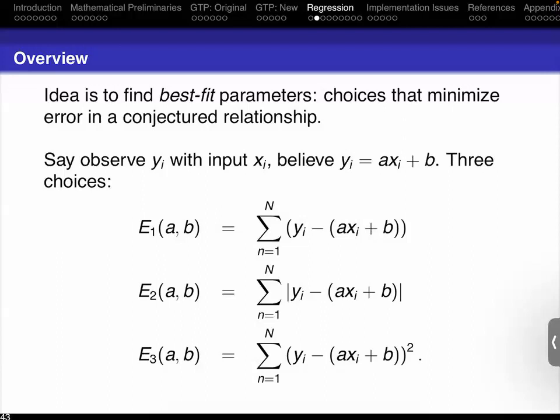So did they tell you why squares are better than absolute values? Or is this more like Moses came down from Mount Sinai? In addition to laws on how we should behave towards each other, he also had laws for statistical inference. And thou shalt use squares. So did anybody take a class where they told you why we use squares and not absolute values? Okay, so why do we use squares and not absolute values?